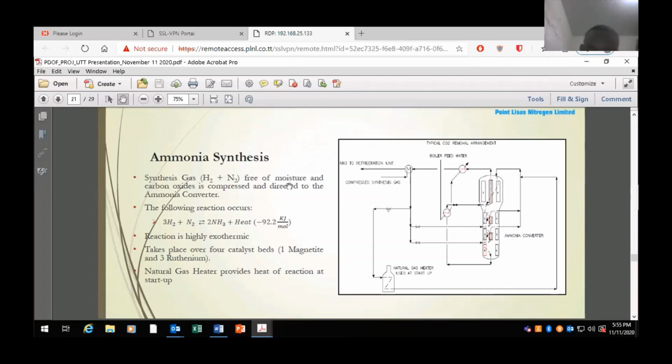Now, if I could recap, we got our hydrogen, we did produce some CO2, we removed that, we had some water in the process, and we also removed that. So the result is synthesis gas, which is really hydrogen and nitrogen. The gas is free of moisture, it's free of all the carbon oxides. And what we do in this step is we compress that synthesis gas and direct it to the synthesis converter, right? The reaction that takes place here is 3 moles of hydrogen reacting with nitrogen